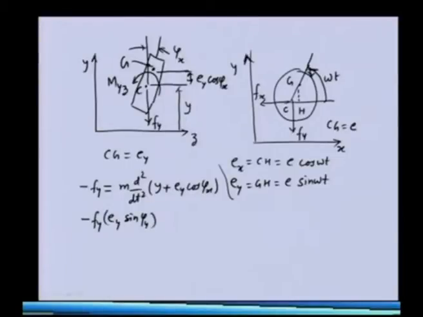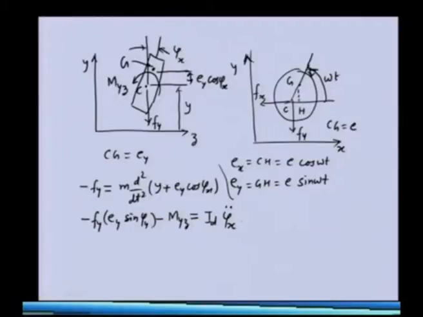You can see this force is acting here, and the moment arm about the g in the horizontal direction will be, because the vertical direction is Ey cos phi, so the horizontal direction will be Ey sin phi, and then the moment is also acting, this particular moment, and this should be equal to the inertia, the rotary inertia